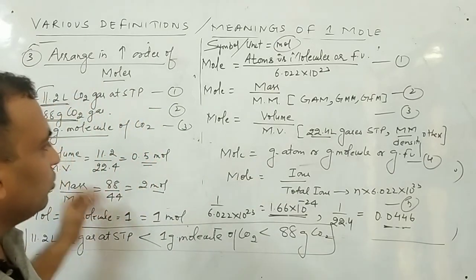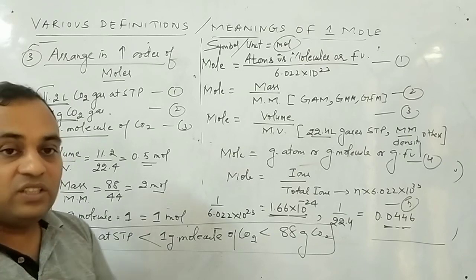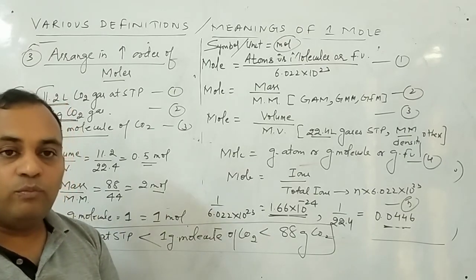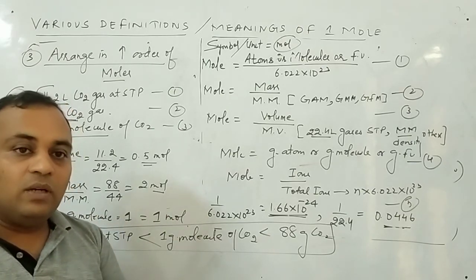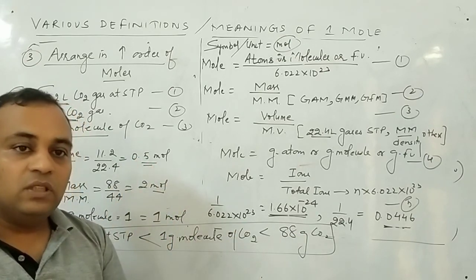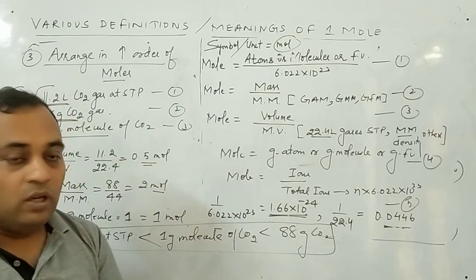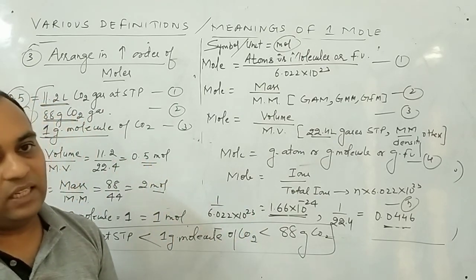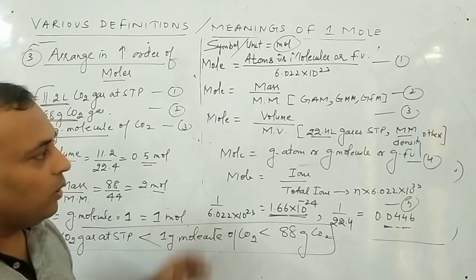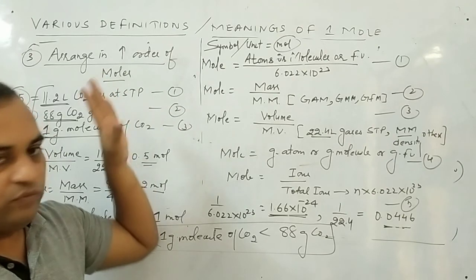So this is all about the definition of mole. All the definitions you have done. Then the SI definition, yes. What is the SI definition of mole? The number of particles in 12 gram of carbon is equal to 1 mole. Why carbon 12? Because you know this is our standard element. And this is all about this mole concept with type 1 numericals and formulas. That's all.